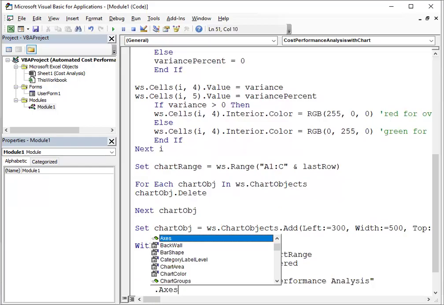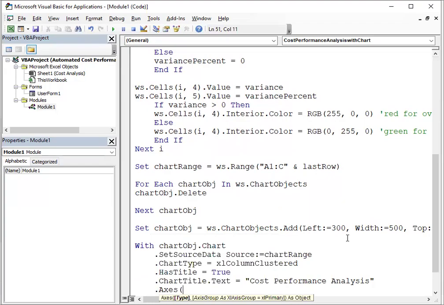Because we're going to put xlCategory and xlPrimary, but we're going to enclose it in parentheses: xlCategory, comma, xlPrimary. This is for our axes. Then I'm going to close it. Then .HasTitle